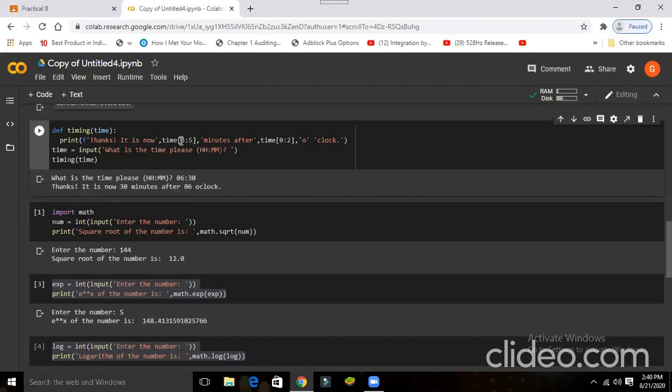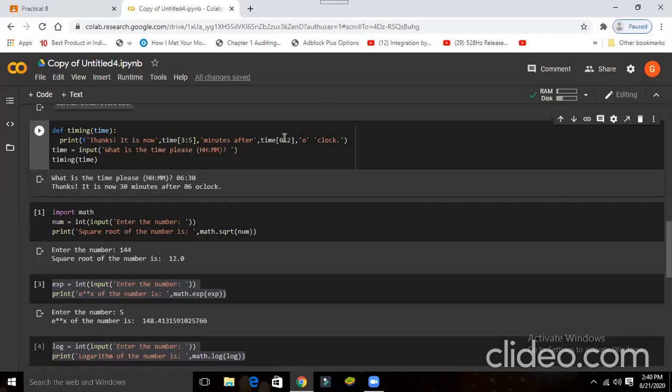Ma'am, simply we use this to break the string. So why do we use this? Because starting with the third position we have to print till position 5. Okay. Then we are starting with position 0. We are printing till position 2. This is your first and last position. Okay.